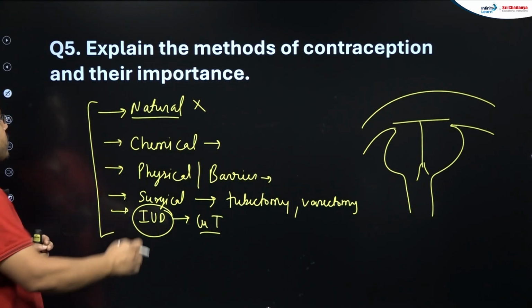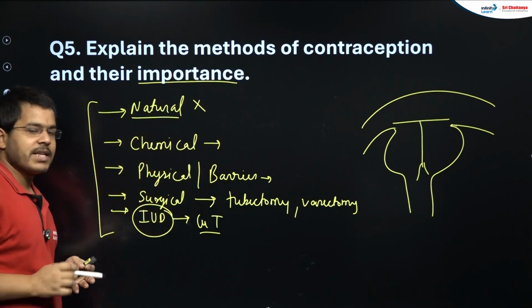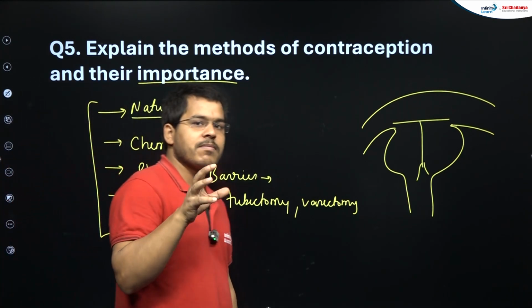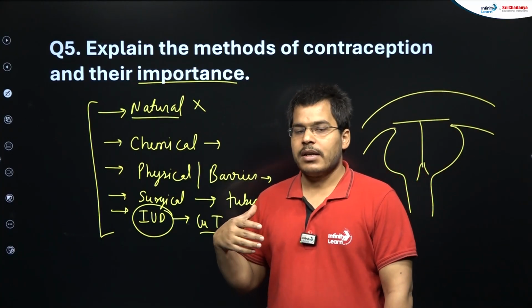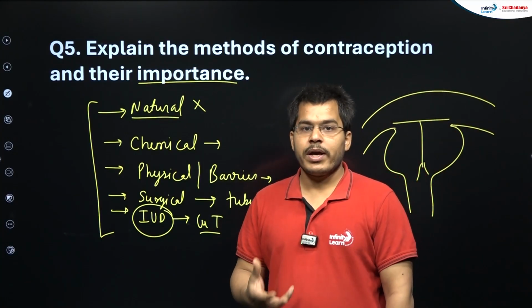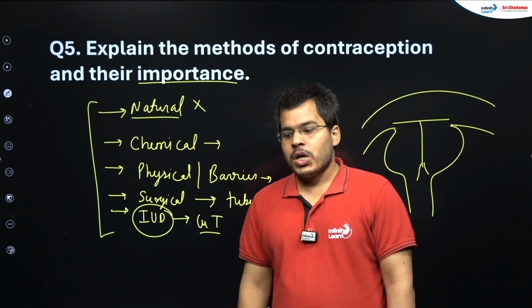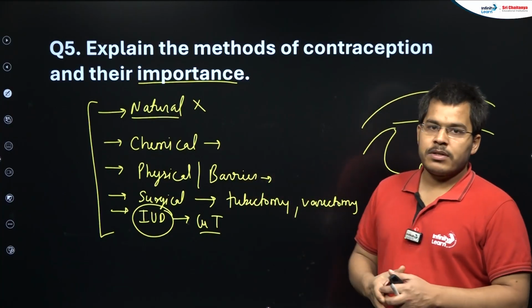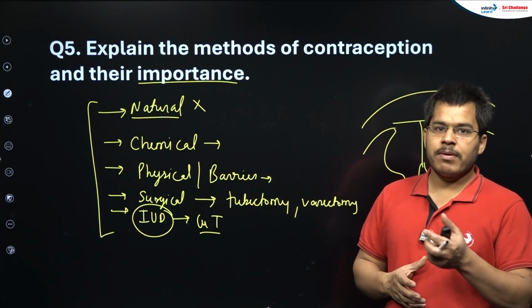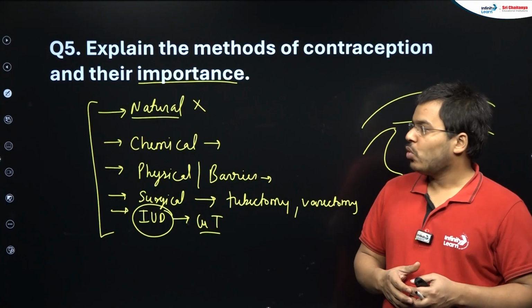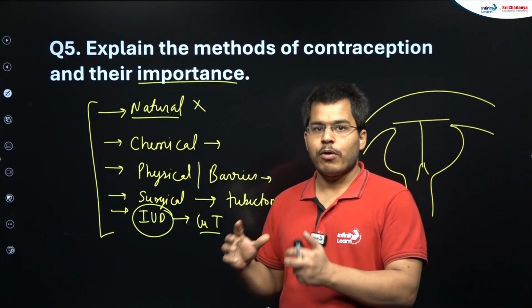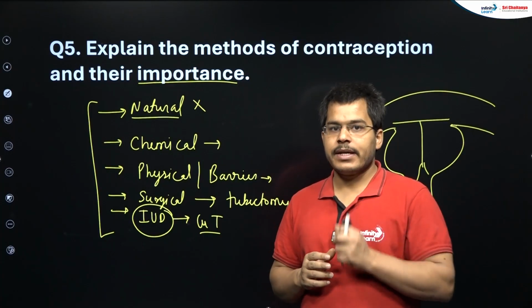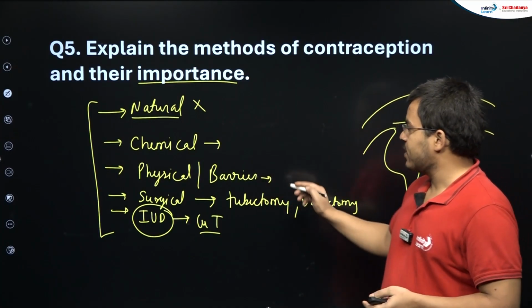And now next, students, what is their importance? As we know, growing population is a major problem for most countries. In India, as the most populated country, we require family planning. These contraceptive methods help in proper family planning. So the first thing is family planning and controlling the population. Second, certain methods,